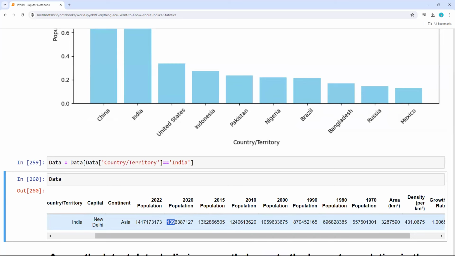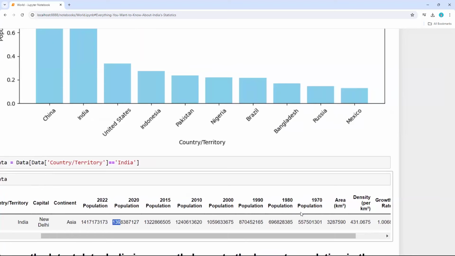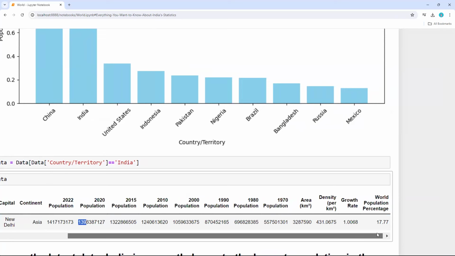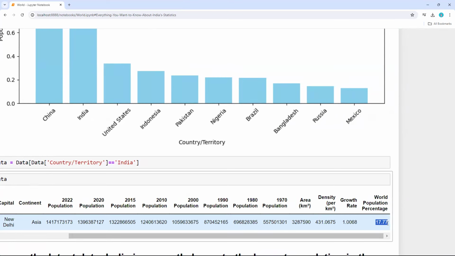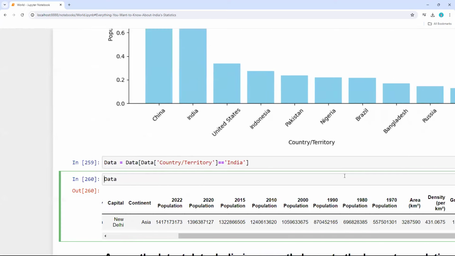And this is for 2015, 2010, 2000, something like that. And here you can see the area, density, and the growth rate. The population growth rate is around 1%. And if I take the entire world population as 100%, India is contributing 17%. So this is how we can look at the data